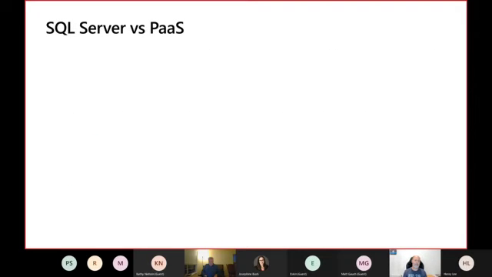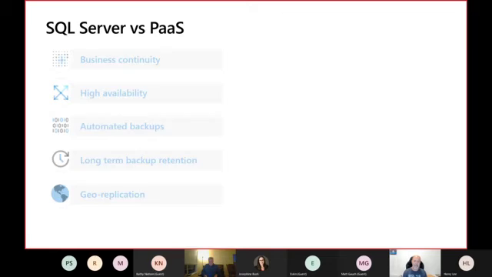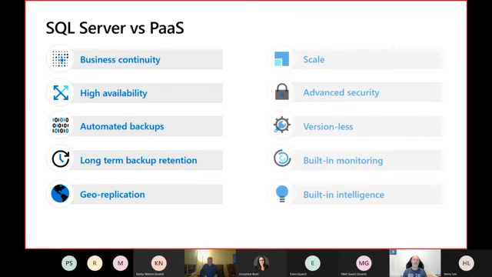Finally, just to close this Azure SQL introduction in few words, the platform as a service option has a lot of benefit. As I said, we don't have to take care much about the infrastructure behind. So whatever is related to high availability disaster recovery is coming as part of the service.